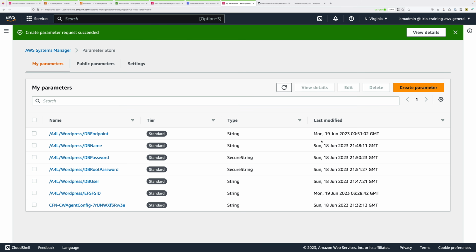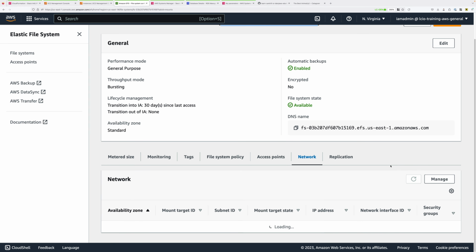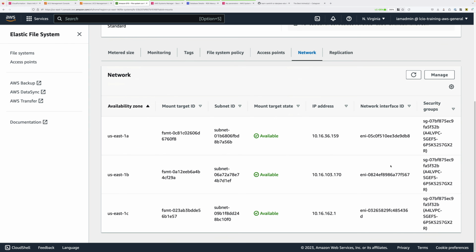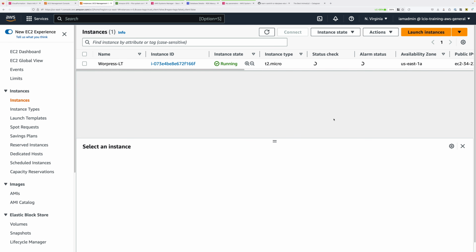Once that's done, go back to the EFS console, and if required, just hit refresh and make sure that all of these mount targets are in the available state. This is what it should look like with all three showing a green tick and available. Once that's the case, go to the EC2 console, because now we're going to configure our EC2 instance to connect to this file system. So go to Running Instances, locate the